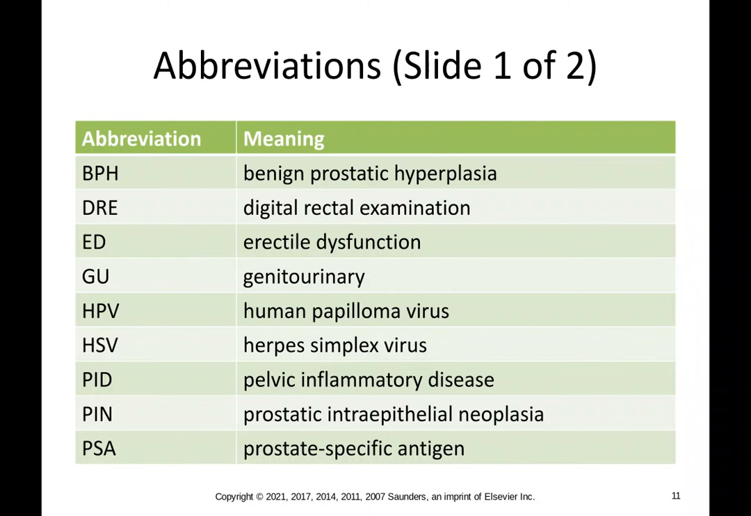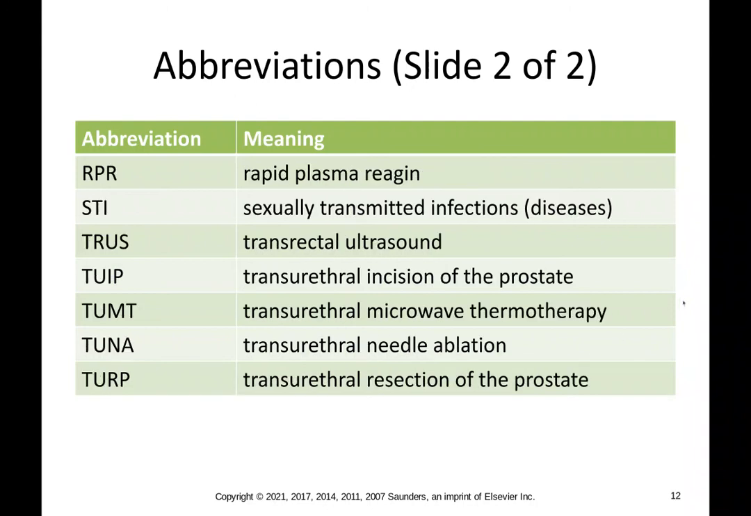Okay, our abbreviations are BPH, benign prostatic hyperplasia, DRE, digital rectal examination, ED, erectile dysfunction, GU, which is genitourinary, HPV, human papillomavirus, HSV, or herpes simplex virus, PID, pelvic inflammatory disease, PIN, prostatic intraepithelial neoplasia, PSA, that's the prostate-specific antigen, RPR, rapid plasma reagin, STI,